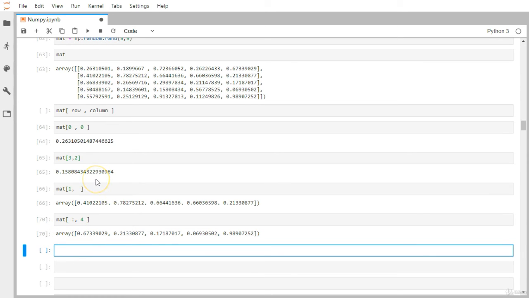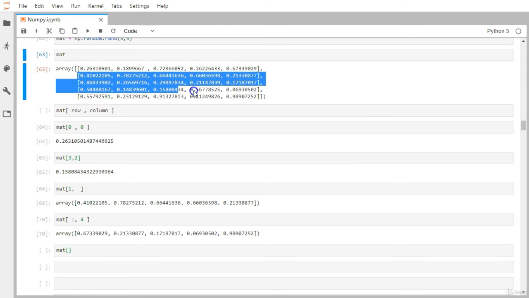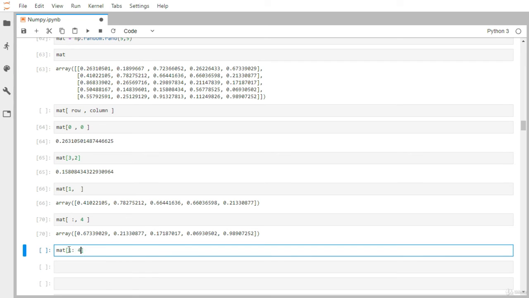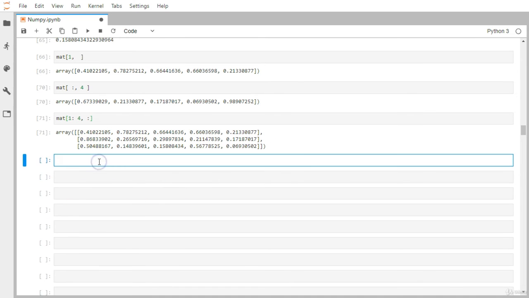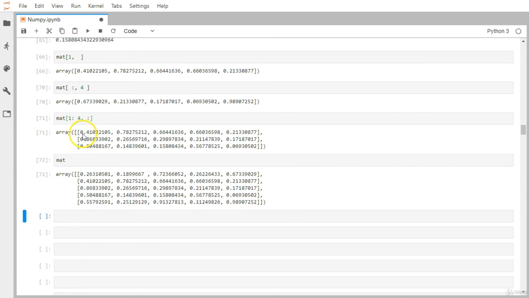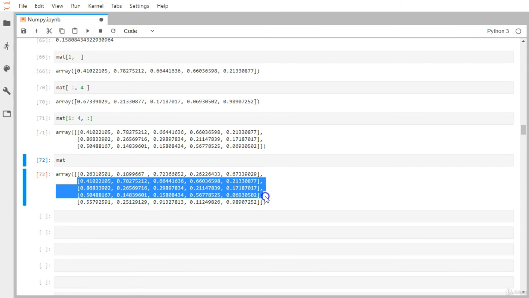Now let's say instead of just one row you want to grab more than one row, or sets of rows. Let's say you want to grab these 3 rows, from first, second and third. So first to 4th row you want to grab in every single column. In the case of column I am not going to put anything, or you can simply put a colon, because you want to retrieve every single column. Now let me print it again and you can compare it well. So 0.41, this is what exactly we have got.